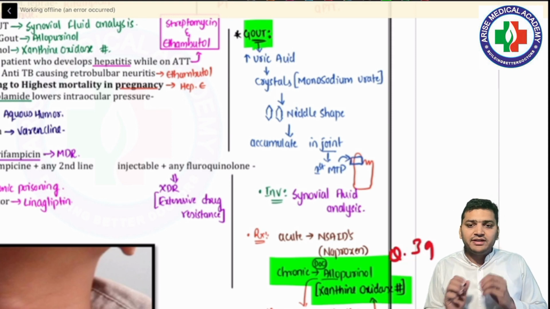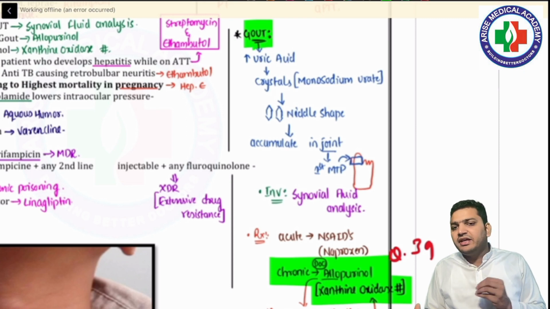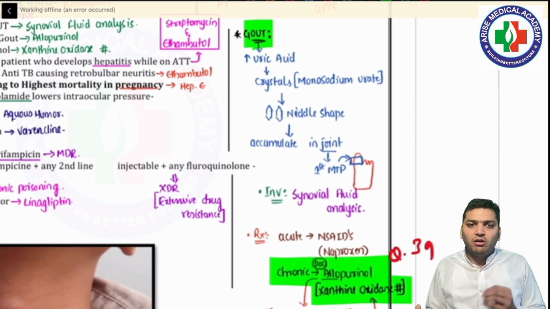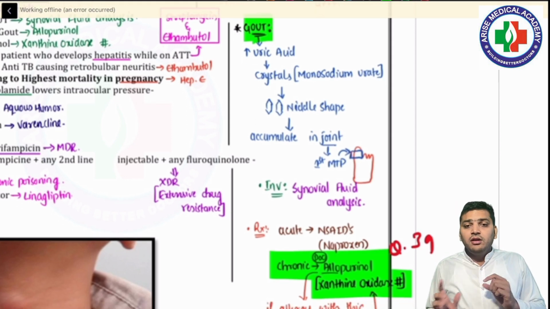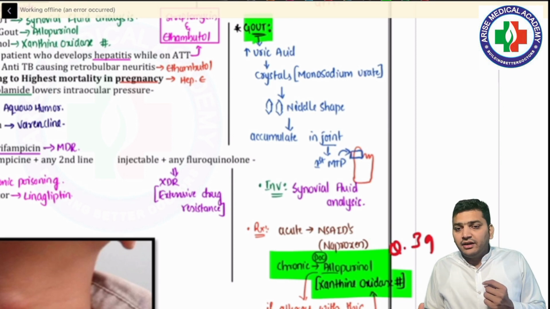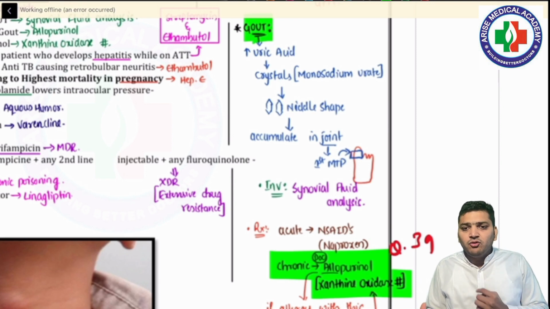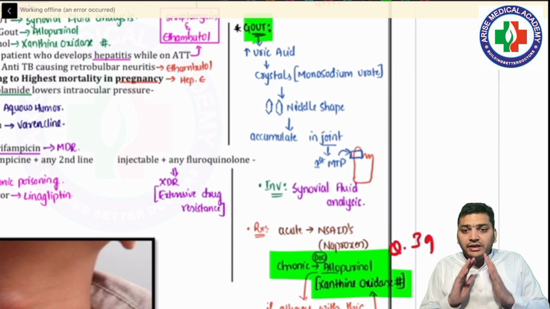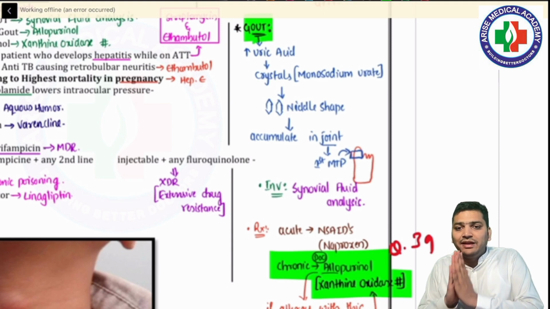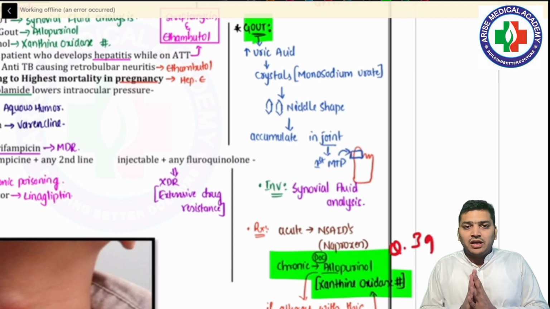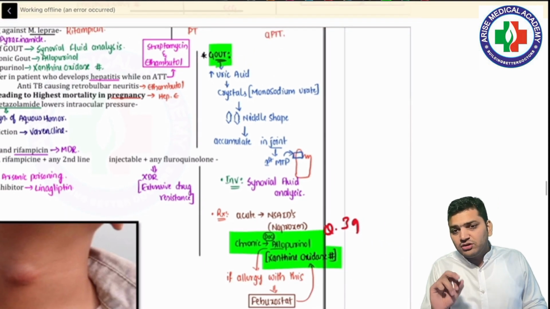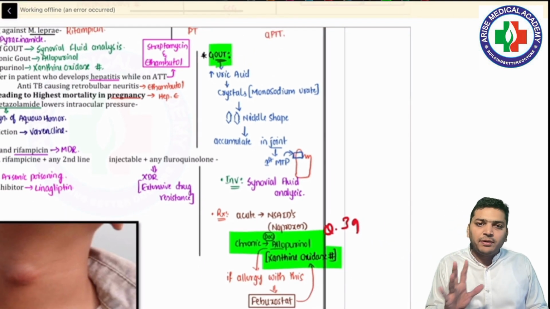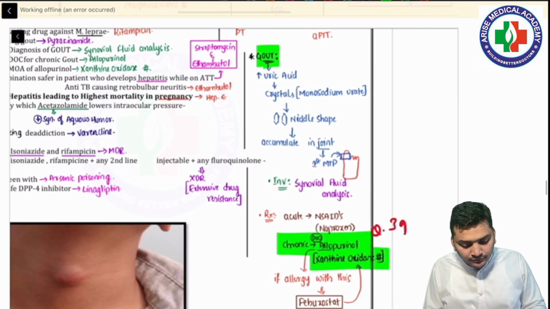The second question was, there is a lady who is suffering from gout. She is taking some medication. What is the mechanism of the drug that she is taking for chronic gout? That was the xanthine oxidase inhibitor. The third was that there is a person who has gout, and you are going to give a drug that is going to increase the secretion of uric acid in the urine, and the answer to that was probenecid. So there were 3 questions from gout, 2 from the pharmacology aspect and 1 from the medicine part.